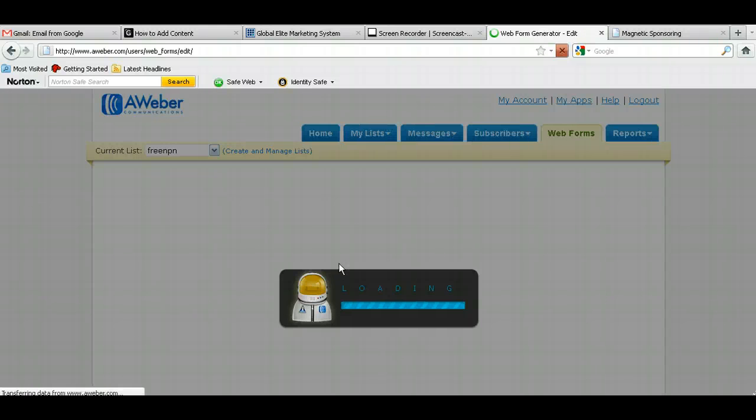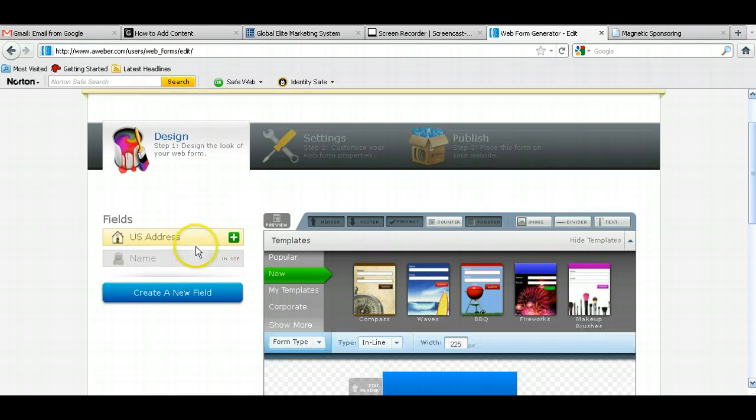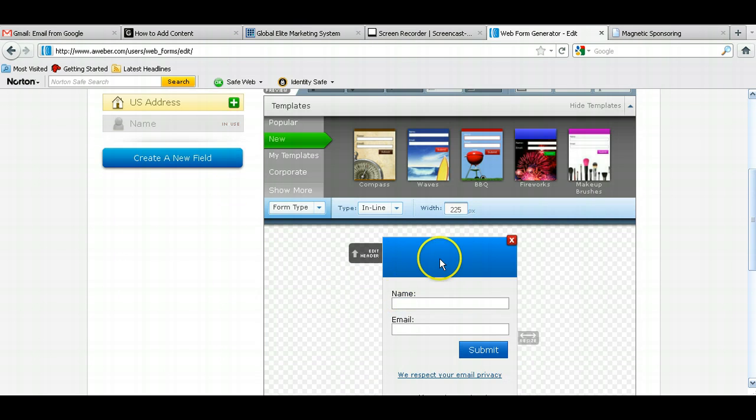and it's loading up right now. It's going to bring a screen up that looks similar to this. You're going to see all kinds of different templates that you can choose from here. For right now, I'm just going to use the standard template right here, and see, edit header,